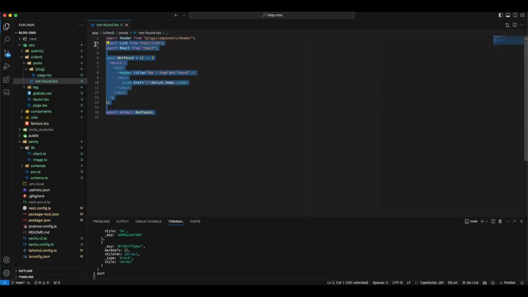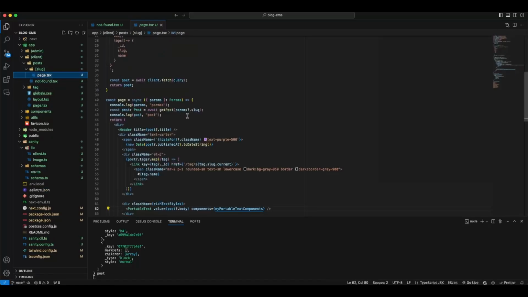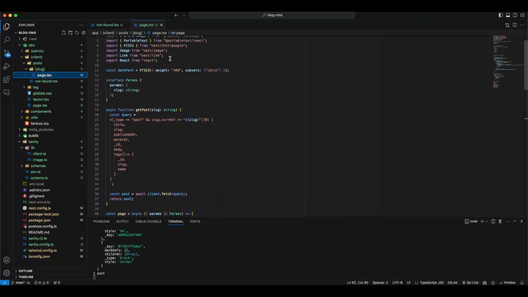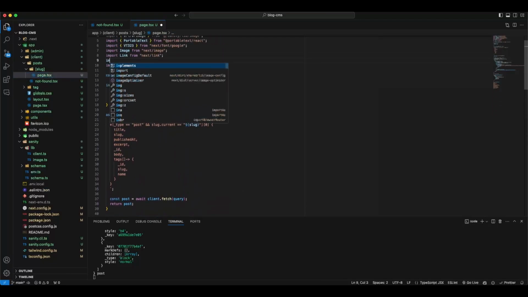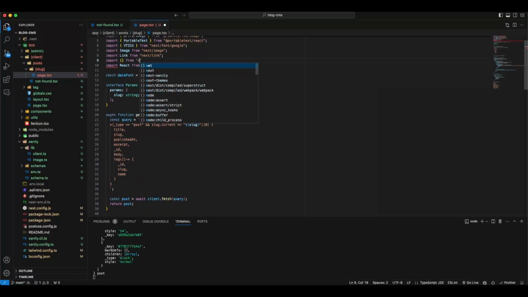When do we want to trigger this function, so this component? When do we want to render it? Well, when there's no post, right? So we need to go to our slug and this page under the slug, go up there and import something from Next. So from next/navigation, and that's it. That's